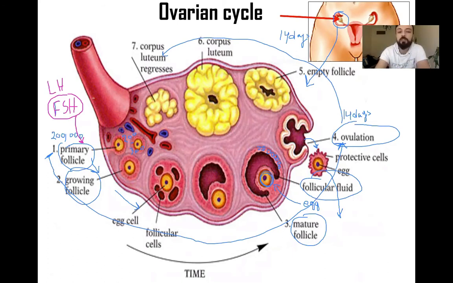So if you remember what produces the FSH and LH, do I have to remind you what produces them? The pituitary gland. Very good. FSH and LH are both produced by the pituitary gland. Right. After the follicle starts growing,